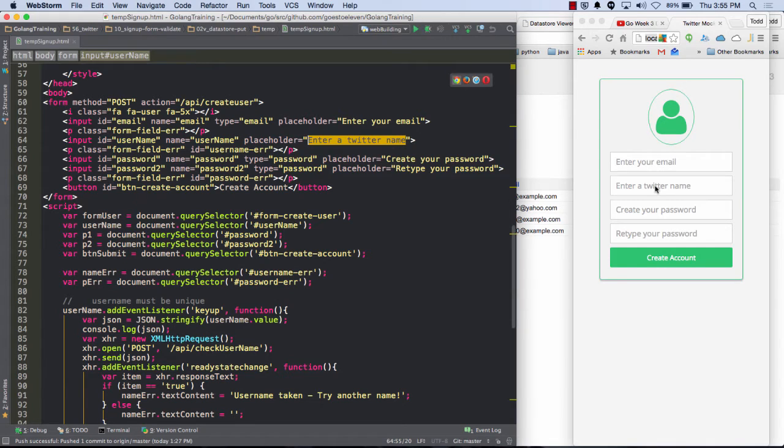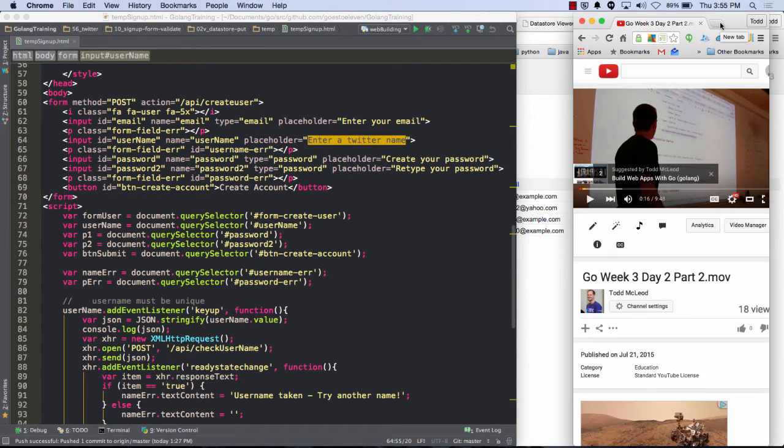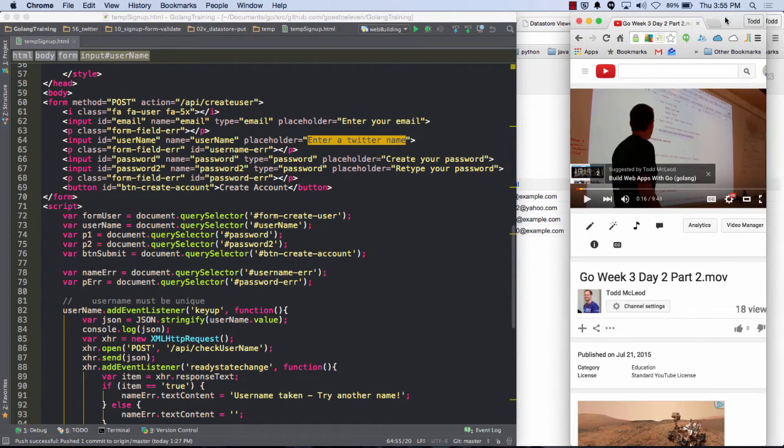So one of the things I didn't want here is a drop down as I'm entering things. You see that drop down came up? I don't want that drop down. So I'm going to show you how to get rid of that. So that's Ajax control right there, that drop down suggestion box.